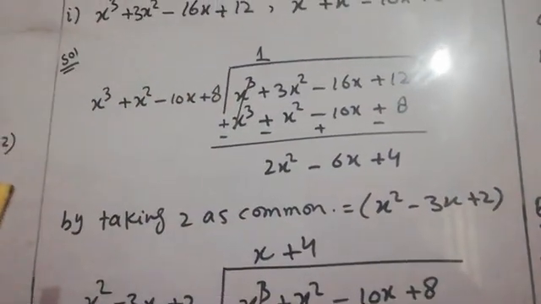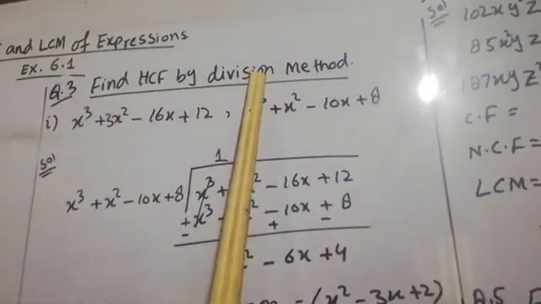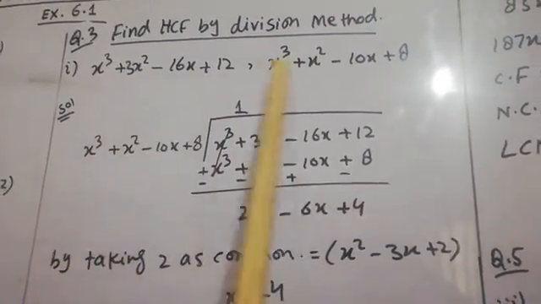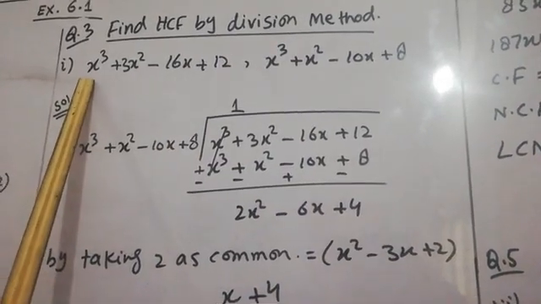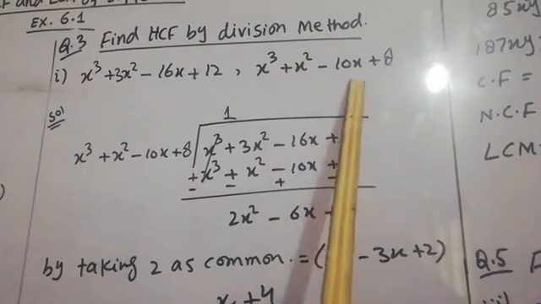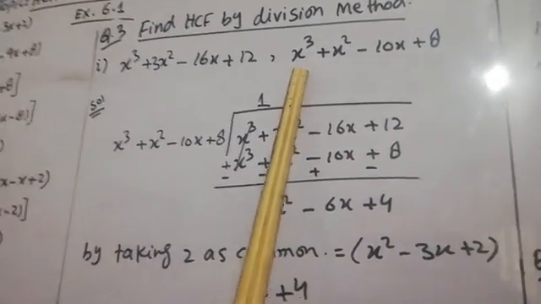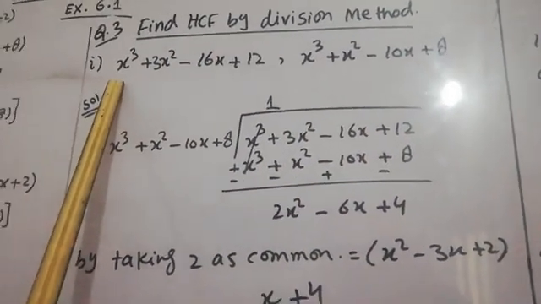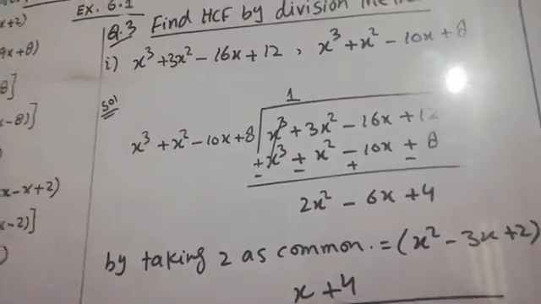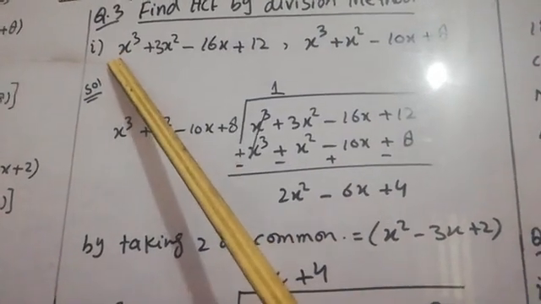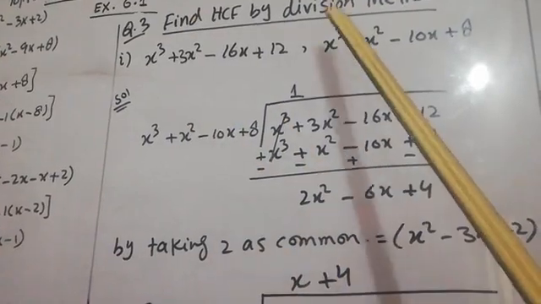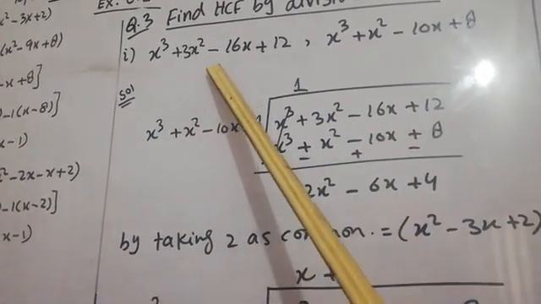My dear students, you can see that the method is given in the division form. So first of all we will find which value is greater. You can see that the degree of this expression is 3 and the degree of this expression is also 3. So we will move to the next part. Next, we will compare the coefficients. The leading coefficients are also the same, and now we will move to the next term. This is 3x square and this is x square. It means this is the greater value.